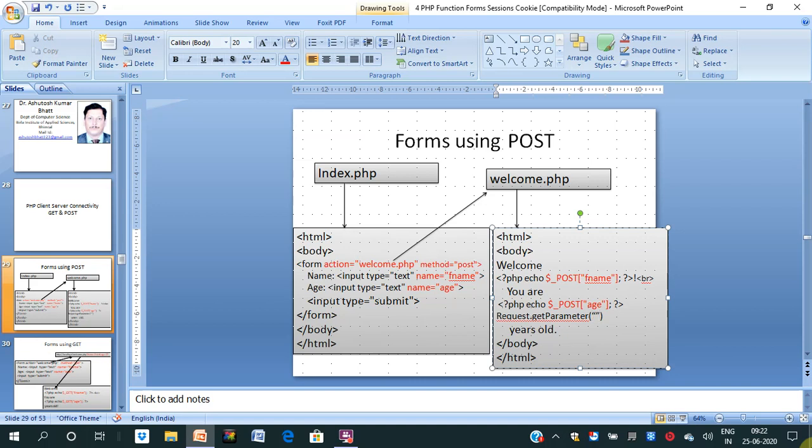This way we will have the value of age. So this is the statement of JSP.